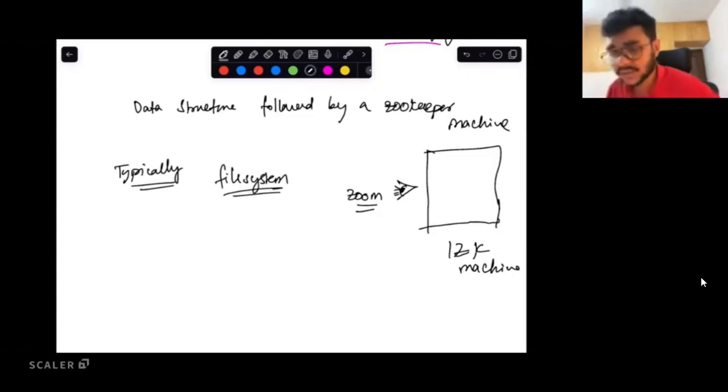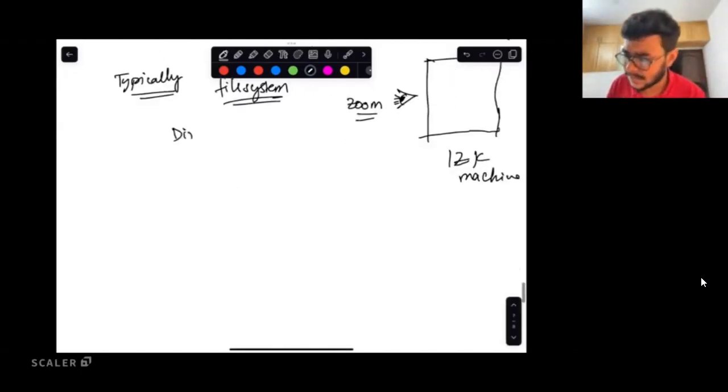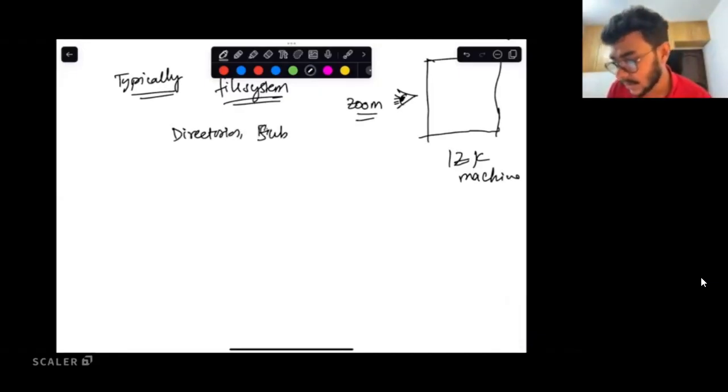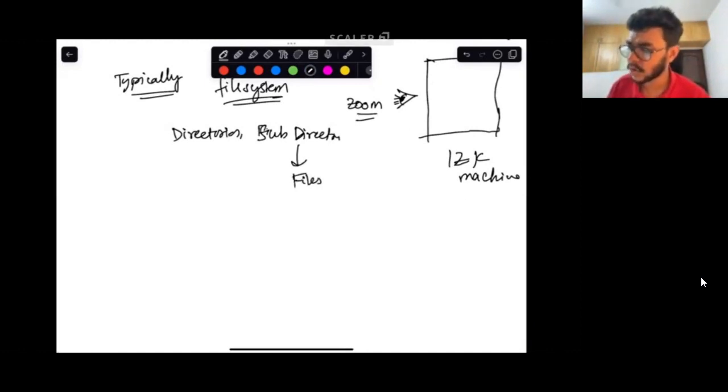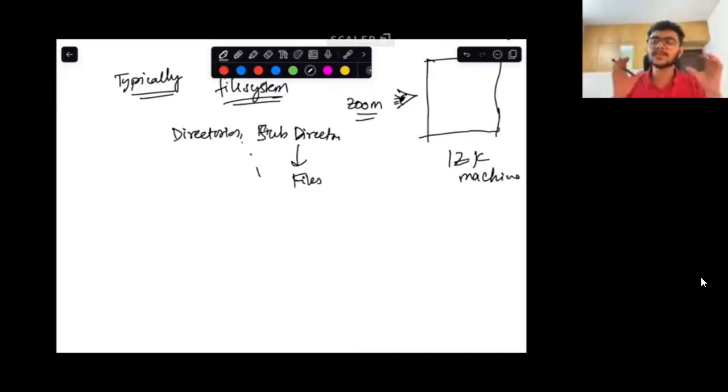Just the way you have directories, and within the directories you end up having multiple subdirectories, and then within the subdirectories you can have files. Or you can have multiple levels of directories as well. This is exactly the way in which Zookeeper stores the data for the cluster that it is managing. Let me explain this with an example.